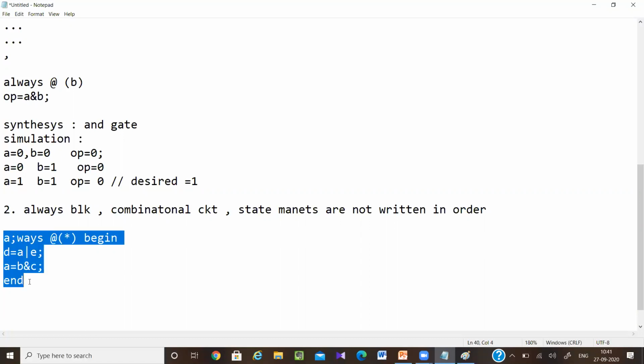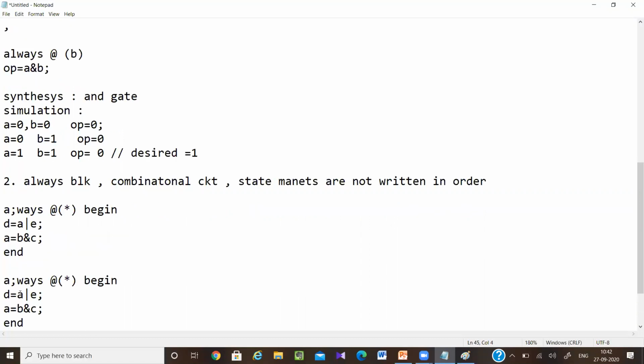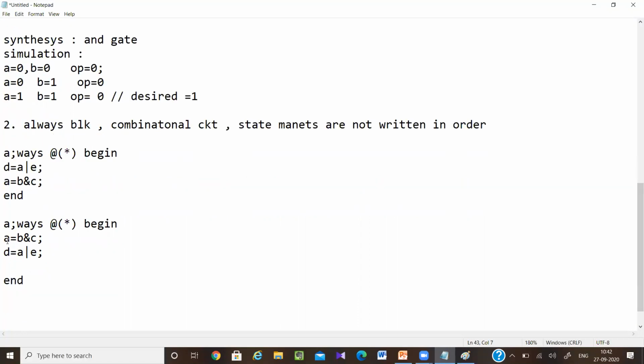It will be interpreted in this manner, whether you write it this way or this way, this will be the final. My synthesis tool will think there will be B and C, that is an AND gate, A and E, that is an OR gate, and the final output will be D.